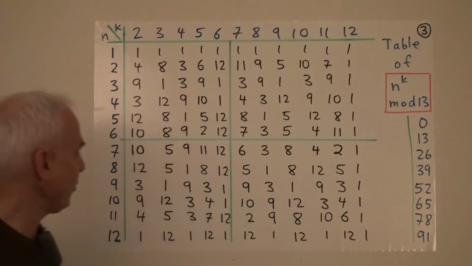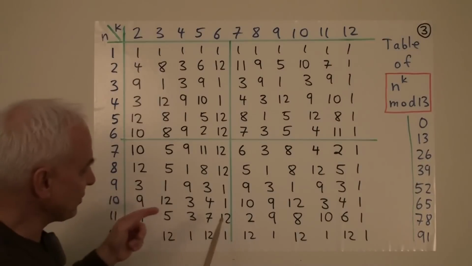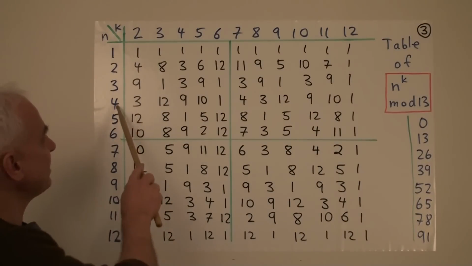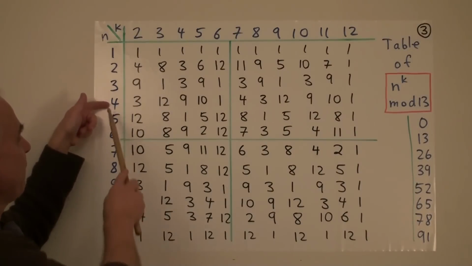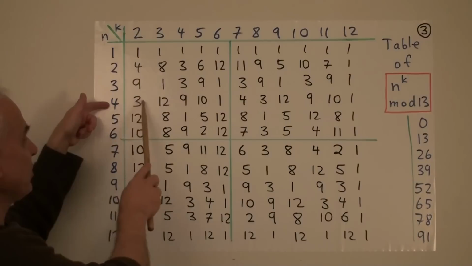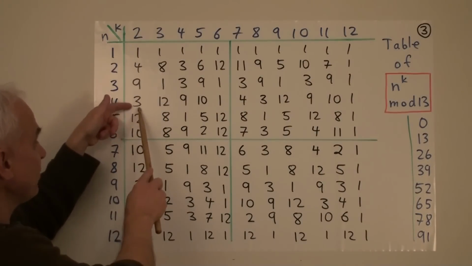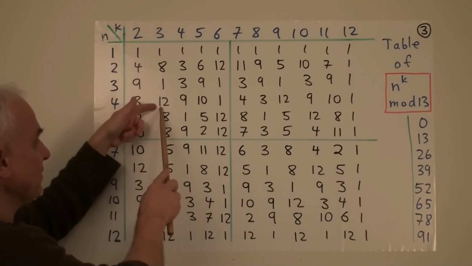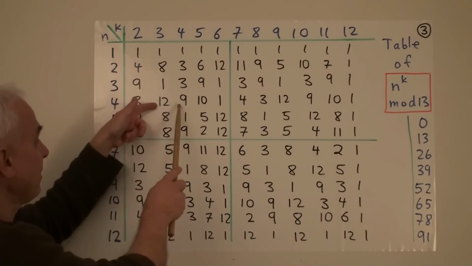It's very instructive now to make such a table, and we can do it relatively simply because we don't actually have to take these big powers. We just have to multiply every previous one by whatever we're considering. So for example, at any one of these rows, if we want to look at the powers of 4, 4 squared is 16, which is congruent to 3. And then to get the next power, we multiply this previous one by 4, giving us 12. Multiply this one by 4, it gives us 48, which is 39 plus 9, so it's congruent to 9, and so on.